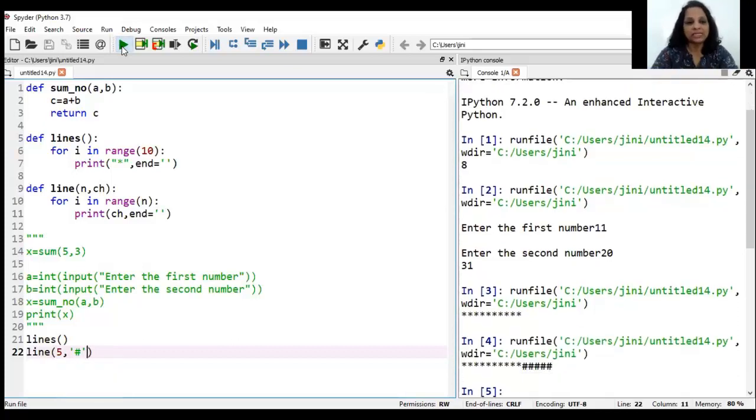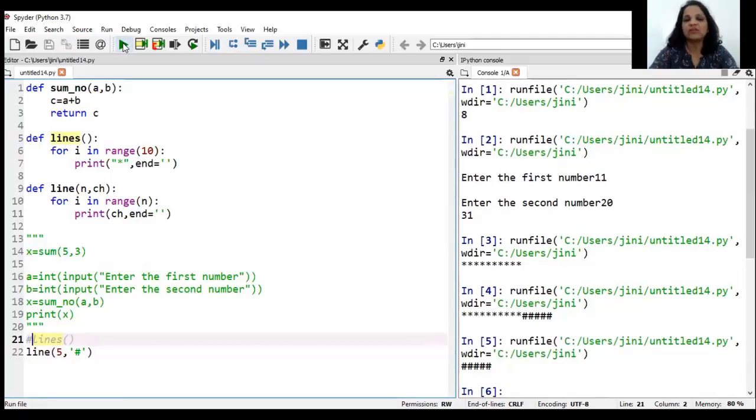Now you might see that you got the asterisk sign and then the hash. That is because the previous line is still executing with you. And in that print statement, you did not say after printing, go to the next line. That's why I got the hash on the same line. If I was not executing that line, if I comment the statement and just execute this, I would just get 5 hashes.